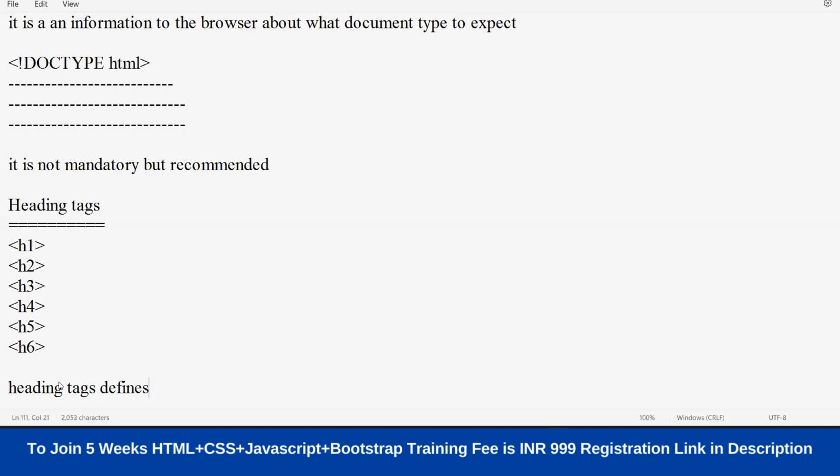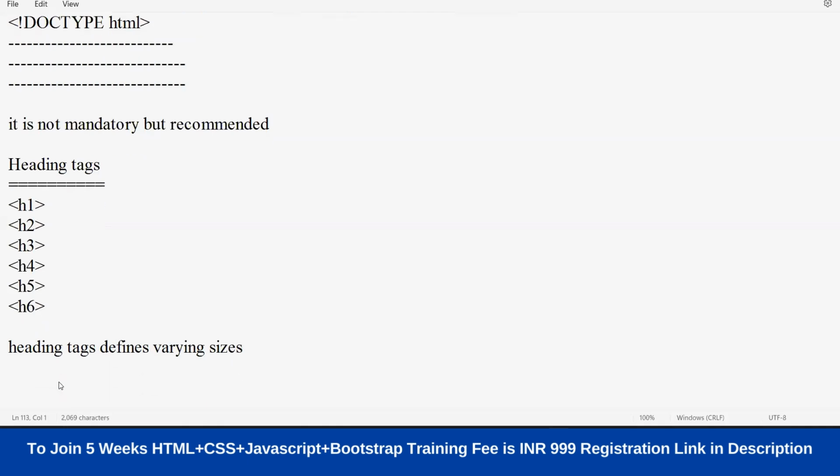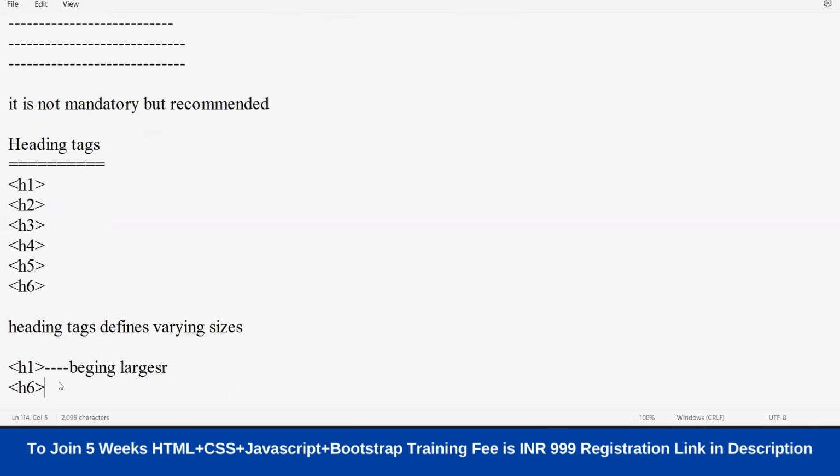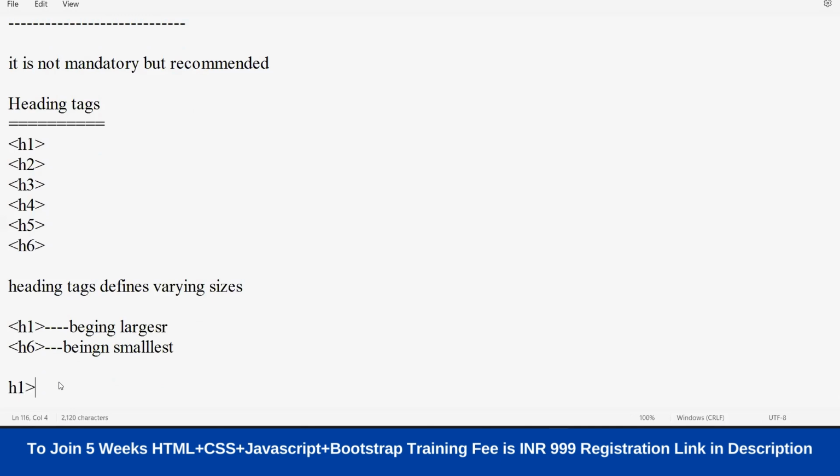Heading tags define varying sizes. Okay. So which one is the largest size? H1 being largest. And among these 6 tags, H6 being smallest. So, sir, what is the relationship between all these tags? H1 is greater than H2, greater than H3, greater than H4, greater than H5, greater than